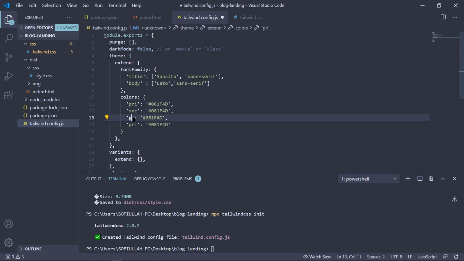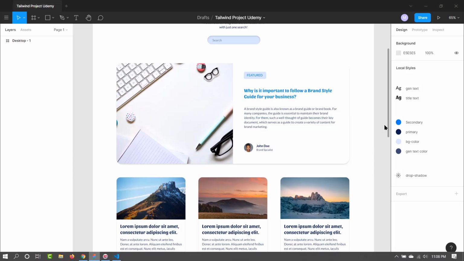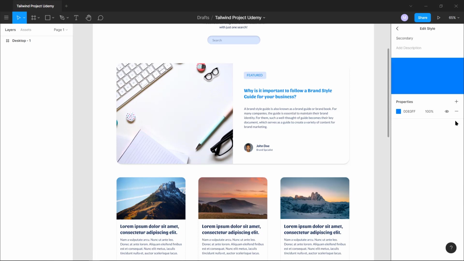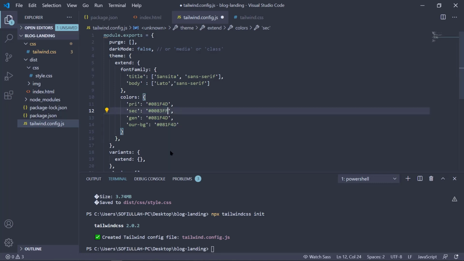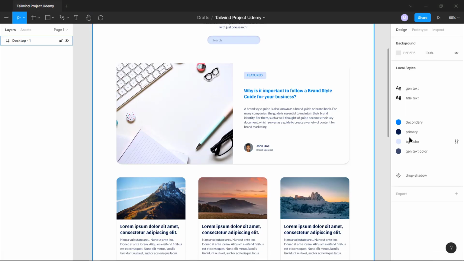So I'm going to give it a name of general for the general text color, and we also need to give the background color a class. Let's name it BG, for background. Now we need to change the colors. We have got the primary one, this is our secondary color. We need to add the general and the background.